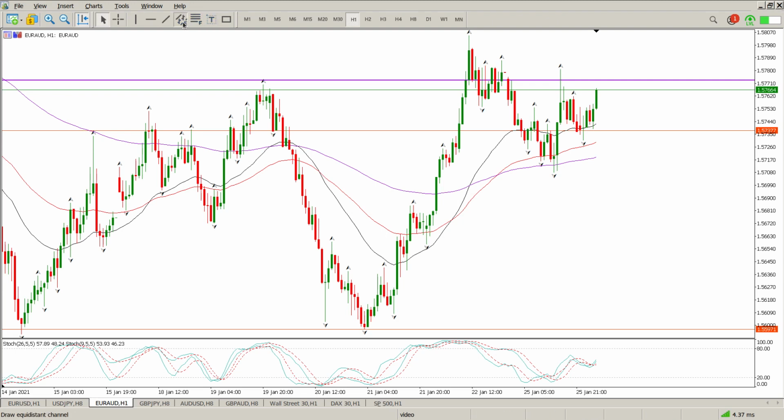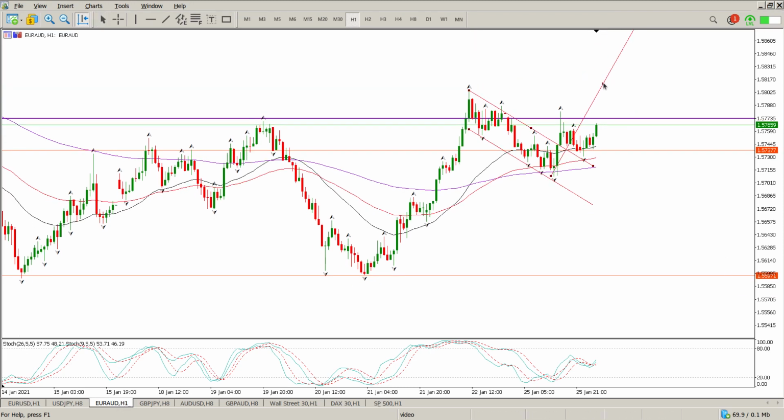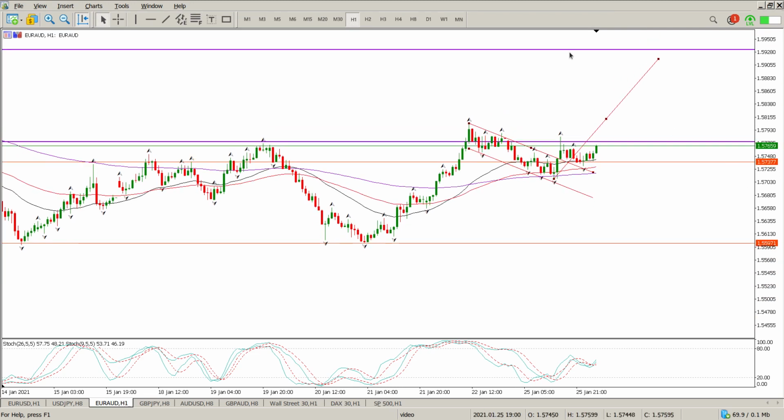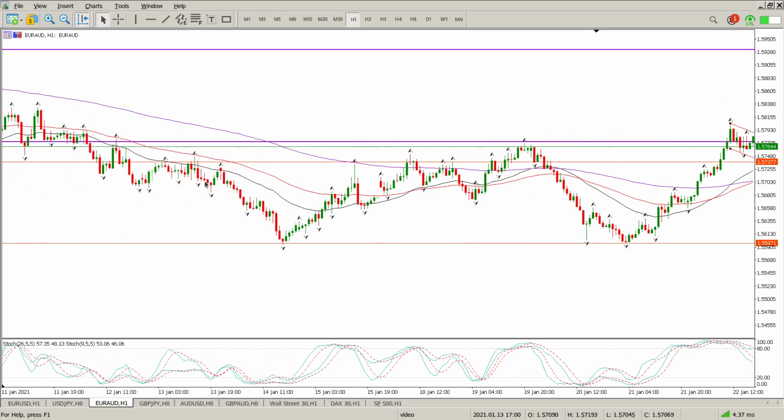So this structure is pretty simple. It's a flag, break and retest. So there's my move: flag, break, retest. Once I cleared this high up here of 158042, I have a measured move, which basically is equivalent to this leg up, something like that. Okay, so there's structure up there at 159350. So that's definitely something that's on the cards, and what you can see as well is a fairly big